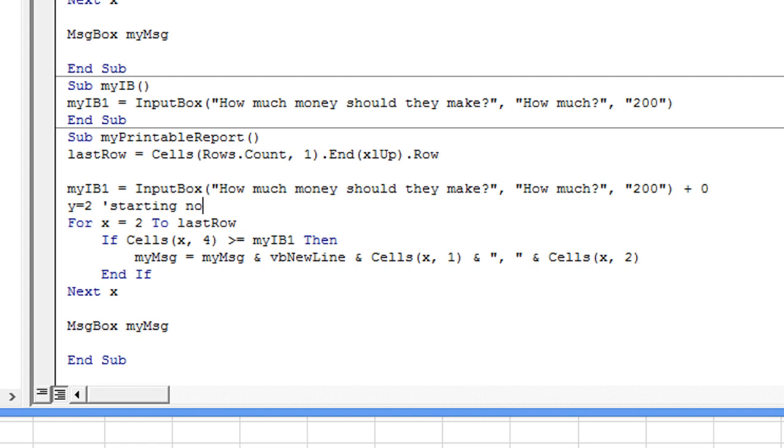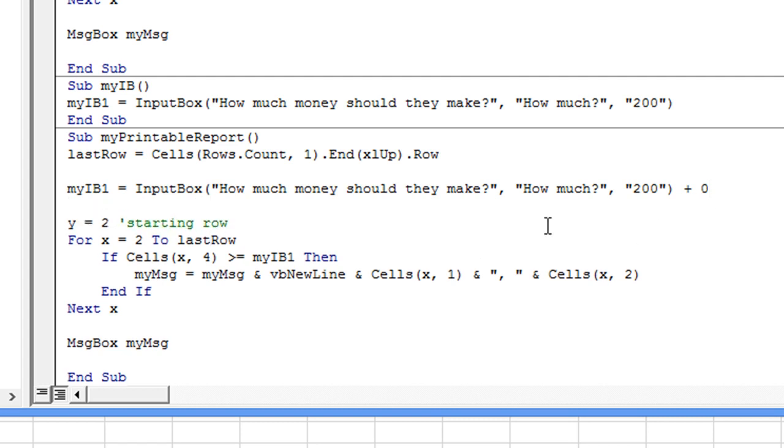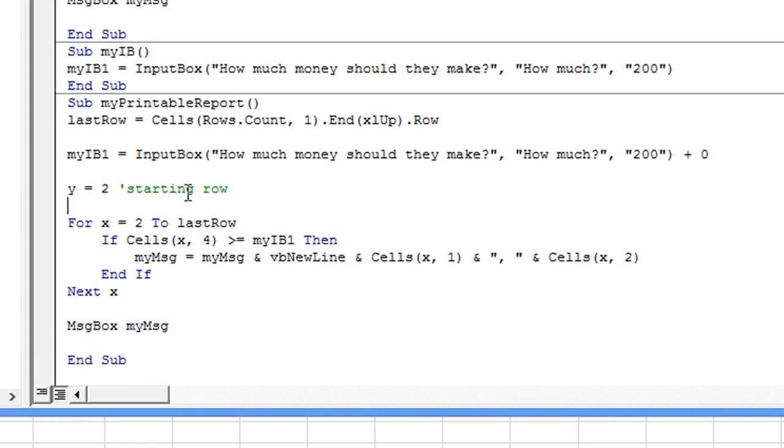I'm going to make a note of that. Starting row. Okay. So now that we know that Y starts at the beginning, we can increment it automatically by saying Y is equal to Y plus 1. Y is equal to whatever itself is plus 1. So the next time we see Y, it will be 3. So very simply, let's go ahead and